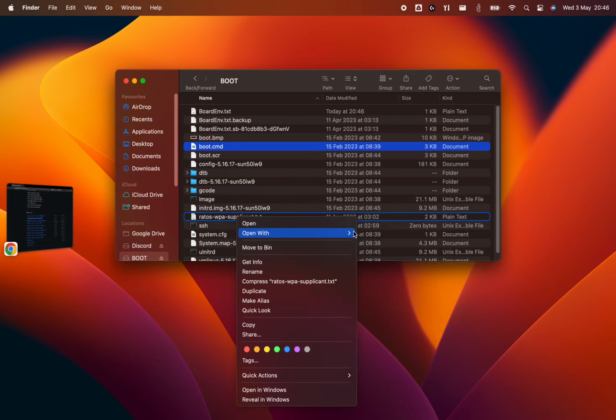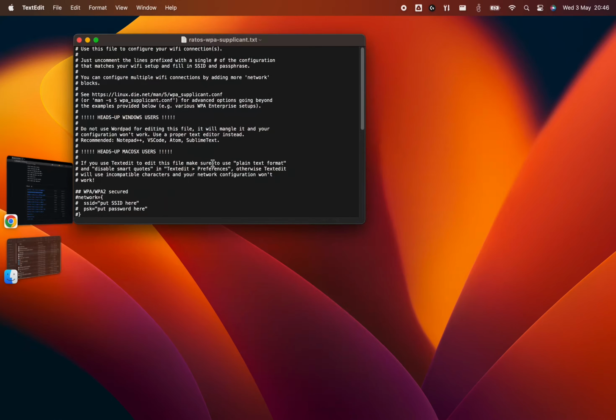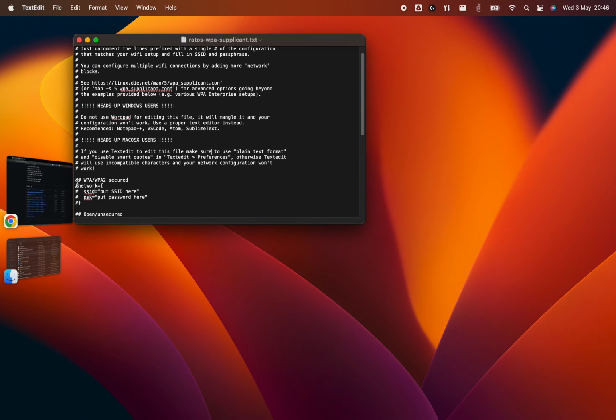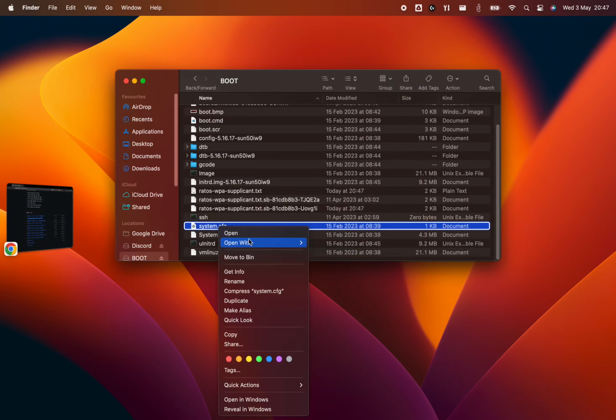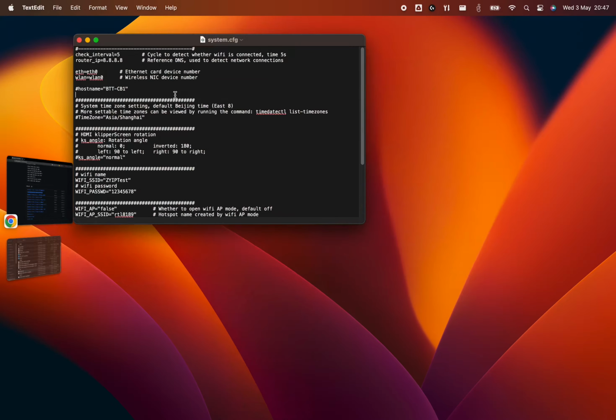So that's probably something you want to change as well. Then finally, we open the system.cfg file, and that one contains a few more settings for the BTT Pad 7